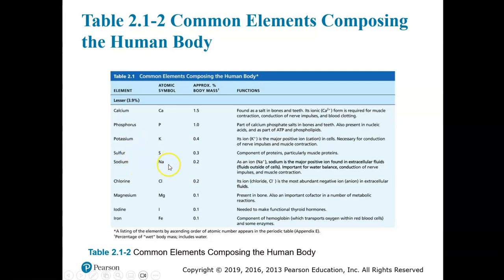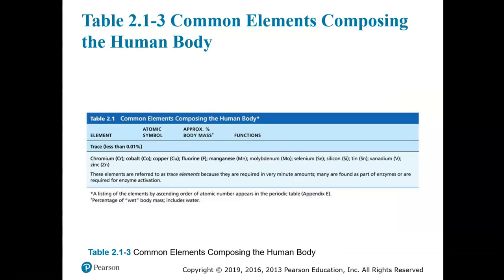Potassium levels and sodium levels are very important for muscle contractions and nerve impulses. Magnesium levels are important for absorbing vitamin D and calcium. And then iodine is important in thyroid hormones, and iron is important in